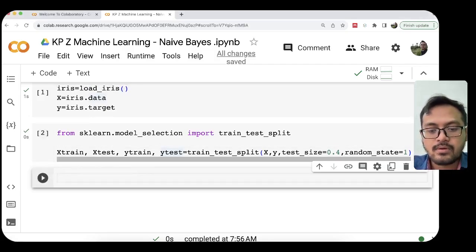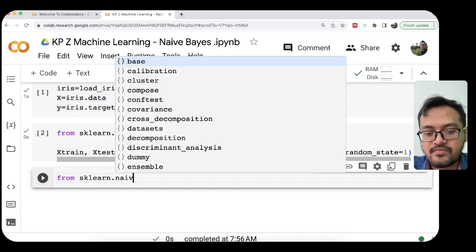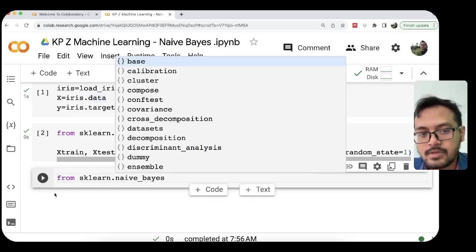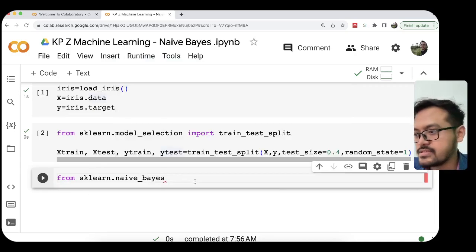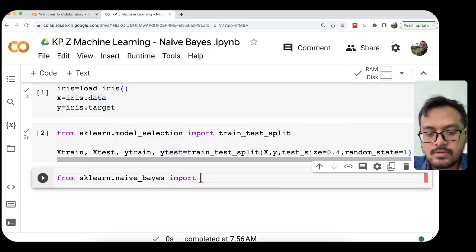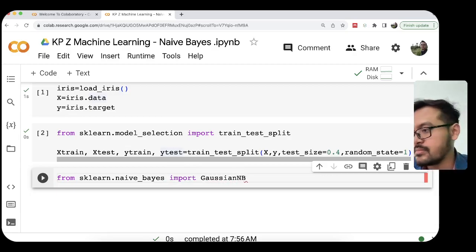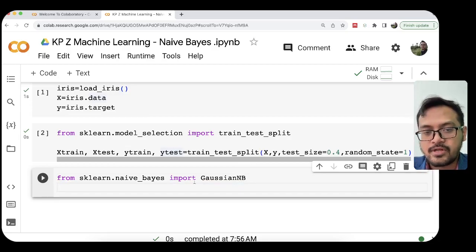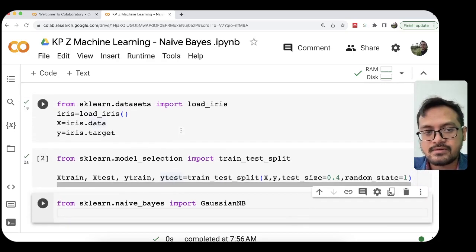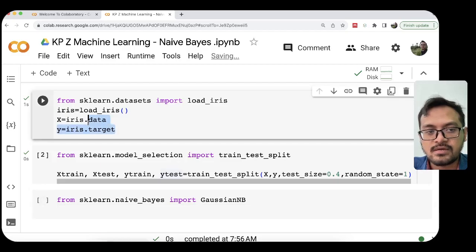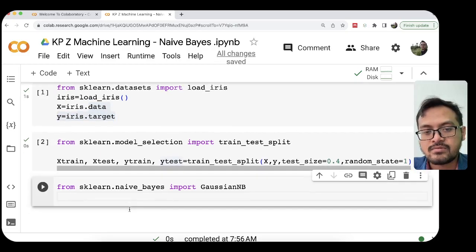From sklearn.naive_bayes, import GaussianNB. It means we use Gaussian naive Bayes for classifying this dataset because it contains continuous numbers. All of the features in the iris dataset contain continuous numbers.